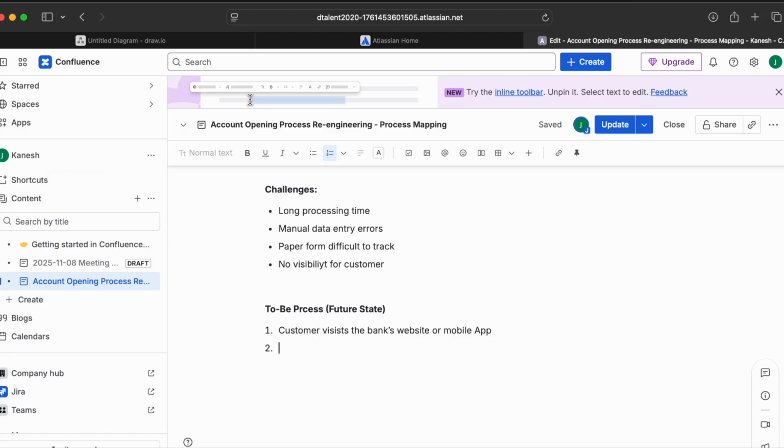Okay, select open new account or register, whatever label is applicable in this case. Okay, we are presenting the form digitally, digital application form. Okay, uploads ID and address proof, auto OCR and validation. So behind the scenes, when the customer uploads here,